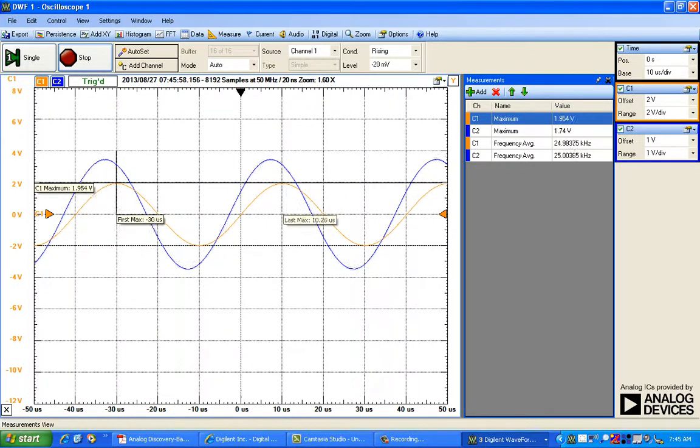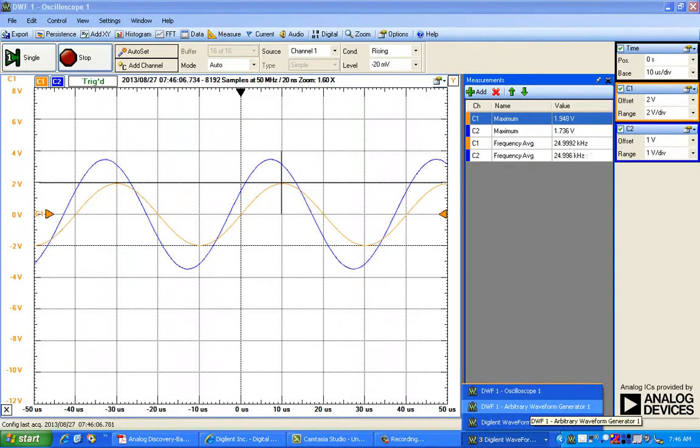Now let us try to draw that frequency response with the help of the Digilent WaveForms software arbitrary waveform generator.